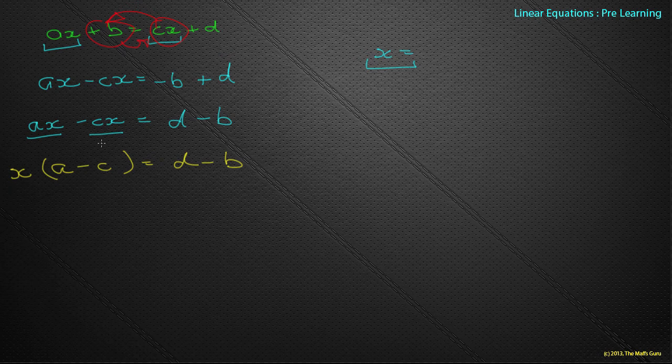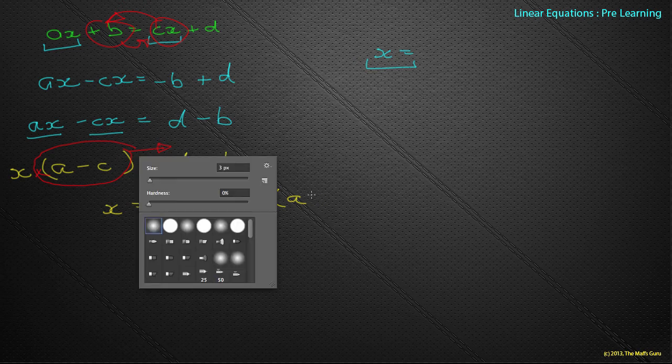Well, I want the X on its own, so what does that mean I've got to move? Well, it means I've got to move this. Well, how do I do that? Well, remember, the X is stuck with the kissy-kissy. So that means the bracket is protecting all of that and says, well, treat me like one thing, and I can actually move it to the other side. Remember, it's a times by, so X becomes equal to D minus B, now divided by brackets A minus C. Let's rub that out so that we actually get that the right way. So it becomes A